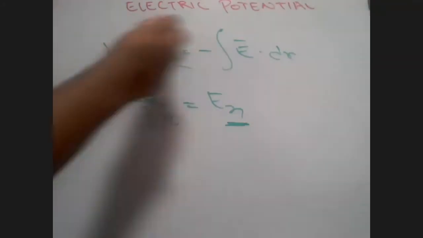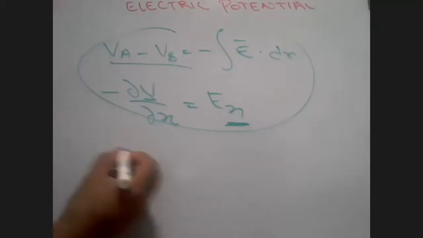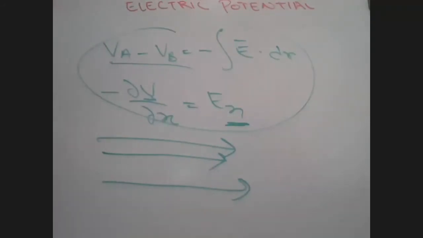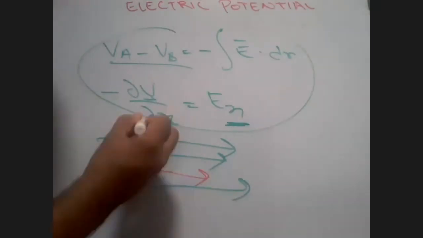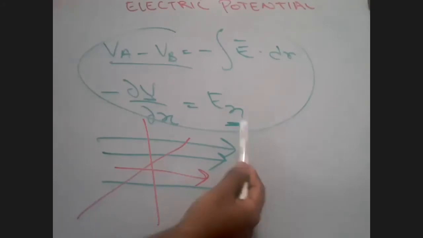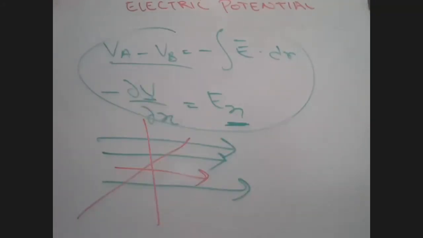But these two cases are basically electric field intensity in uniform condition, where Ex is uniform. You're understanding, no? Ex, Ey, Ez is basically the electric field intensity along the x-axis, y-axis or z-axis. These formulas were very easy, but what you have to know is that you are trying to find the electric field intensity either at the x-axis, y-axis, or z-axis, and that is simply a uniform electric field.